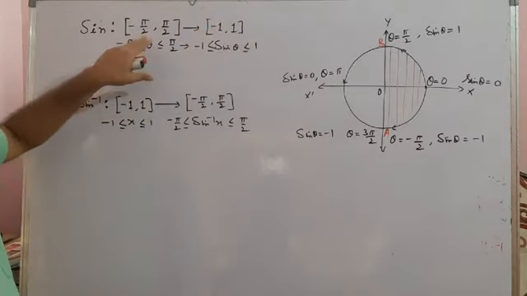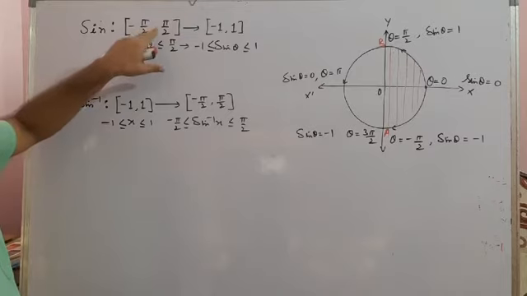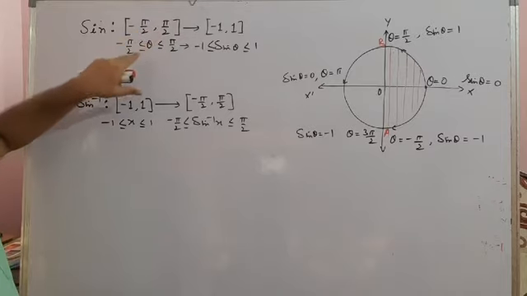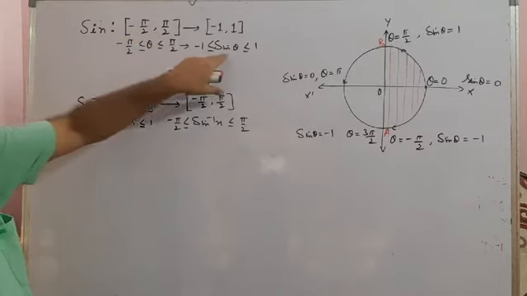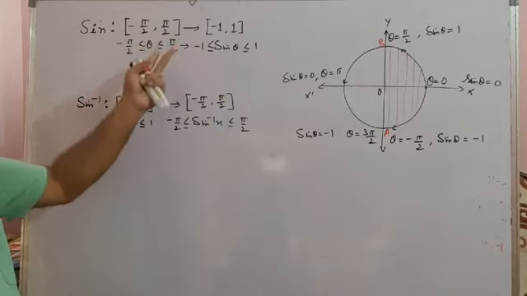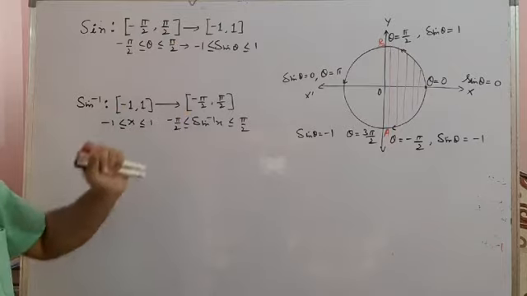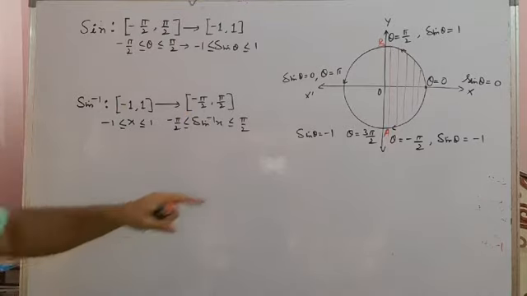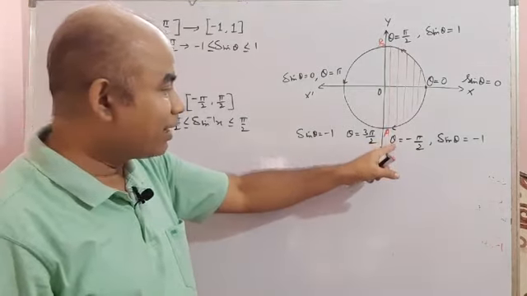So if an angle theta is between minus pi by 2 and plus pi by 2, then sine of theta will be a value between minus 1 and plus 1. And the inverse of sine function, after making sine one-one onto, we have got this one. Now here you see, again if I see the diagram, say from theta equal to minus pi by 2